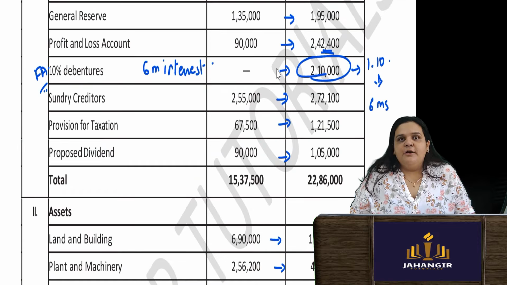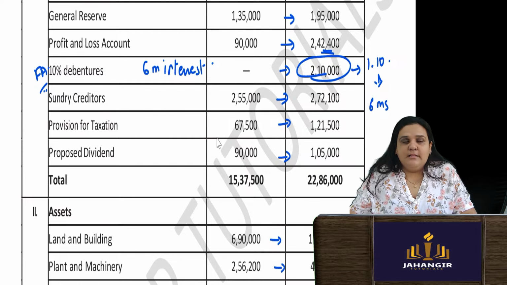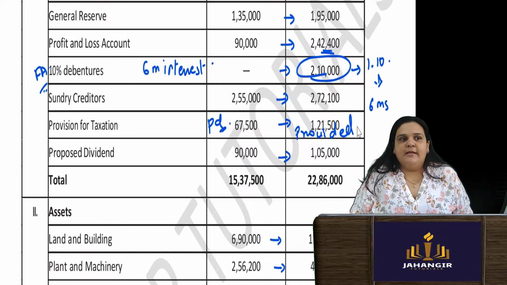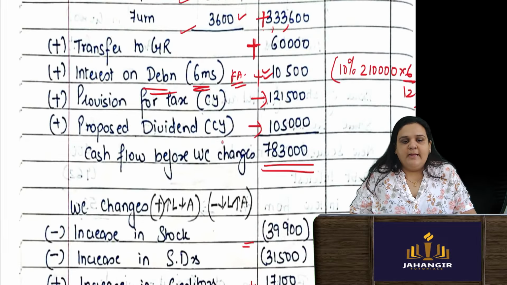Any provision for tax, any proposed dividend, they are not paid. They are provisions. They have been removed from the P&L appropriation account. Okay. So any provision for tax, now they have not given me anything related to provision. So the opening one, the previous year, will be the tax paid, and current year's will always be provided. Previous year I'll pay and current year I am providing. I have not paid, so provision for tax I am going to add back for the current year.